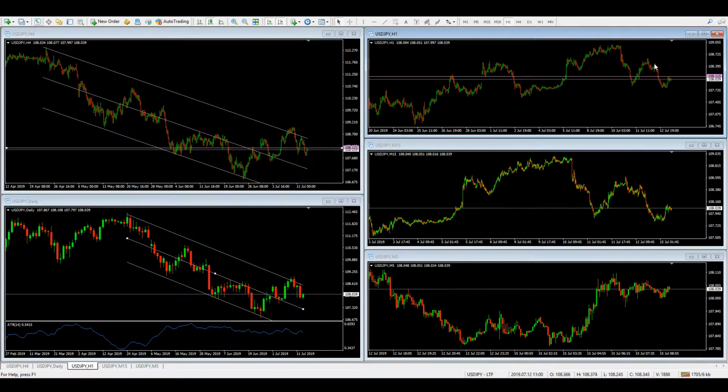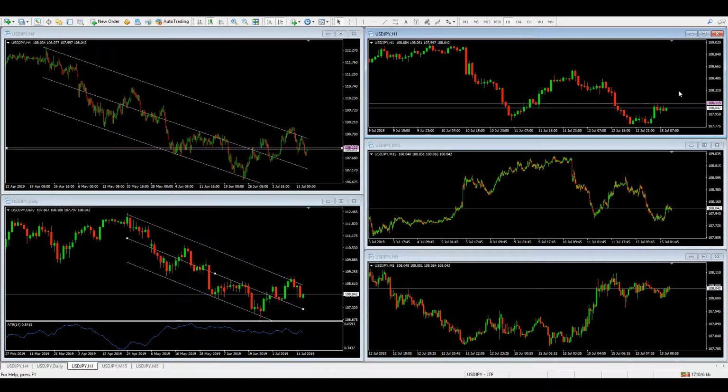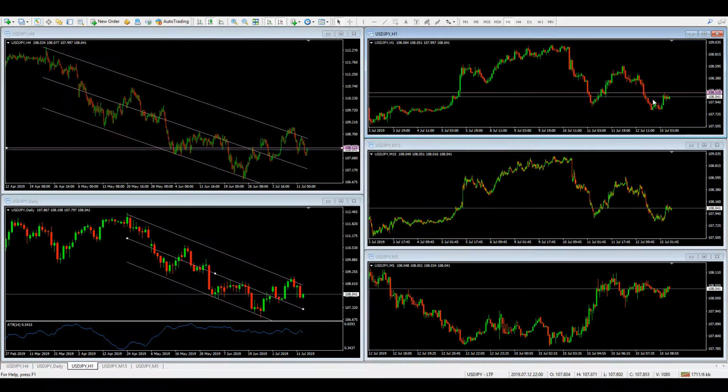This point here is a lower high because it's lower than this one, and it's just creating a lower high here because it's lower than all of the previous ones that we can see. So one way you could approach this would be to short this with a stop loss above here,